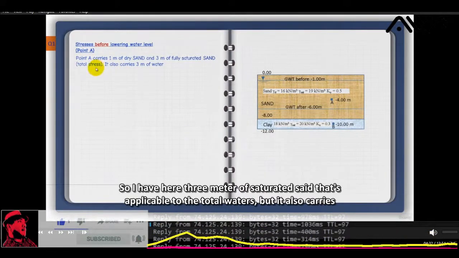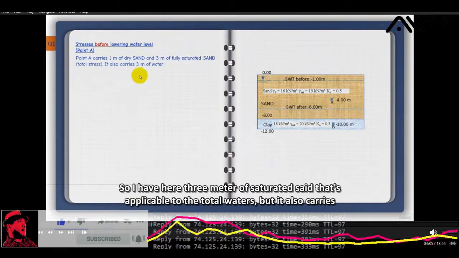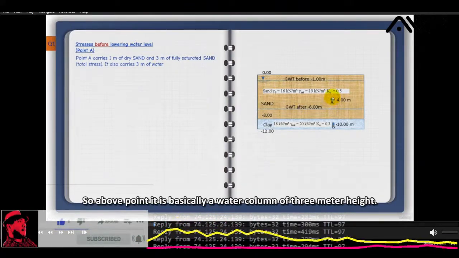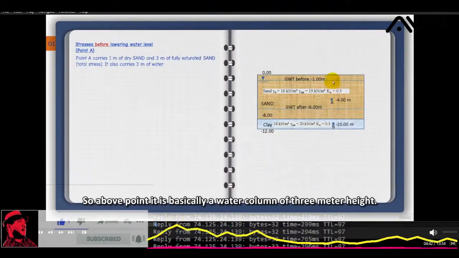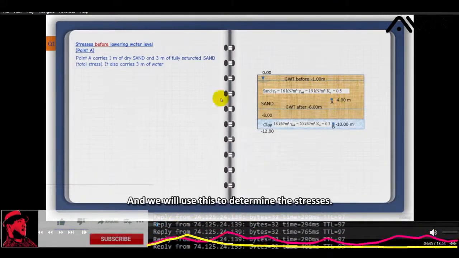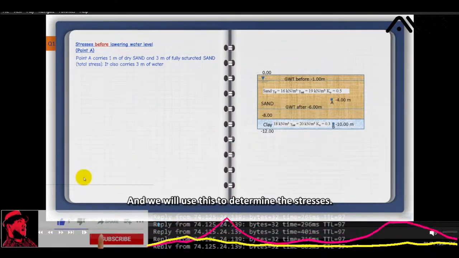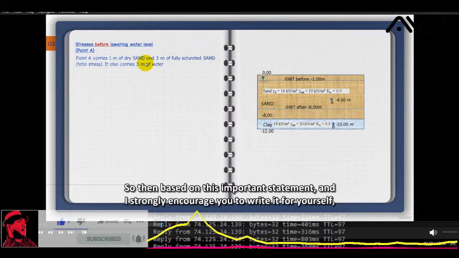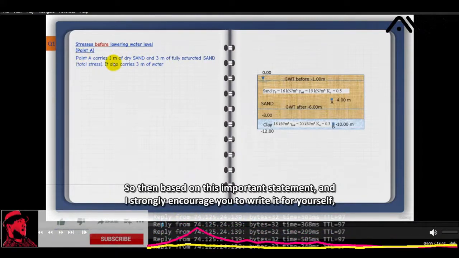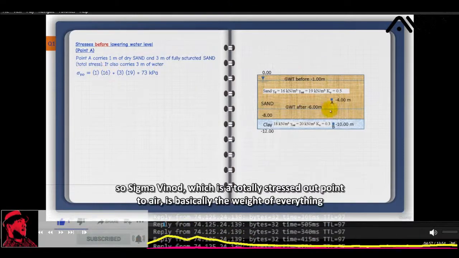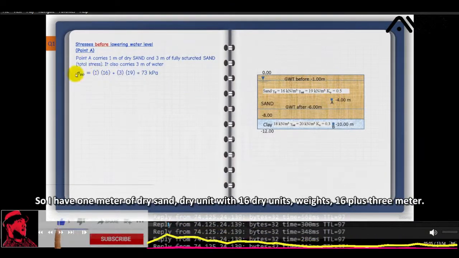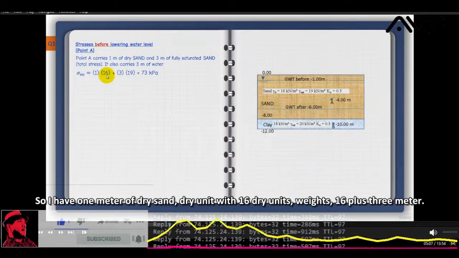That's applicable to the total stress. But it also carries 3 meters of water, so above point A is basically a water column of 3 meters height. And we will use this to determine the stresses. Based on this important statement, and I strongly encourage you to write it for yourself, sigma V naught, which is the total stress at point A, is basically the weight of everything above me in terms of soil. So I have 1 meter of dry sand, and the dry unit weight is 16,